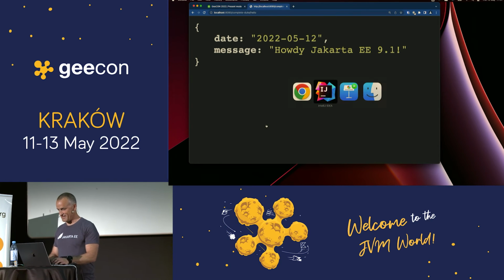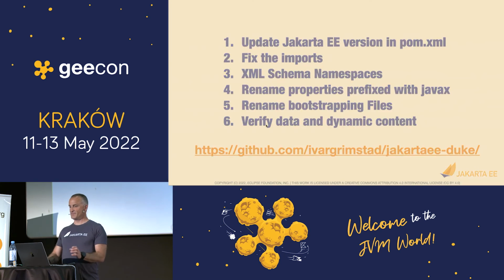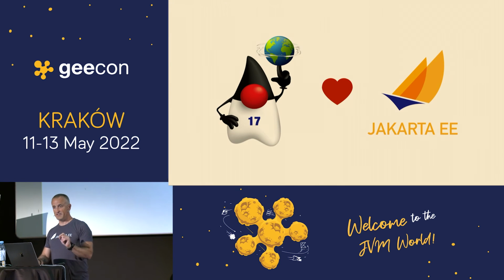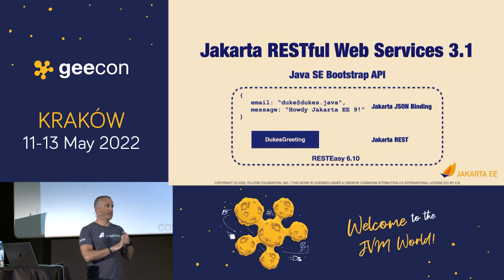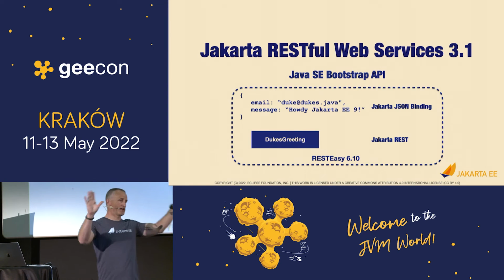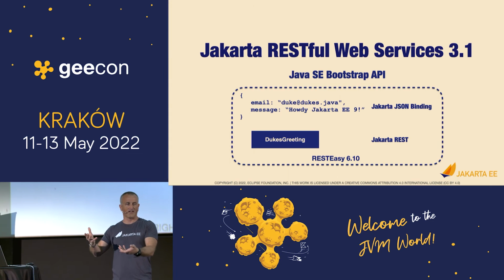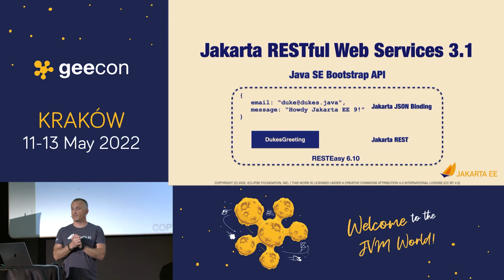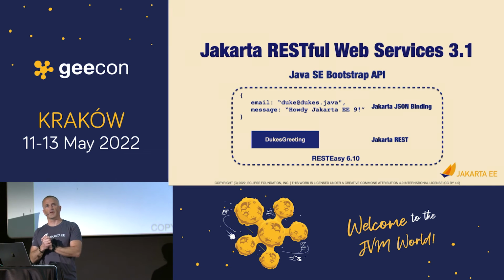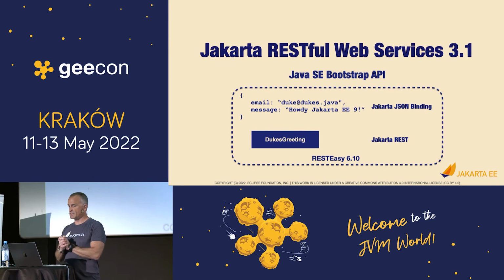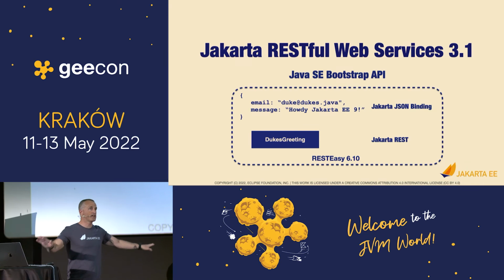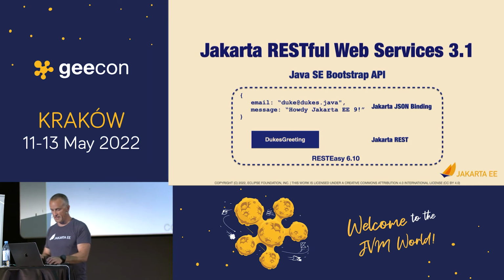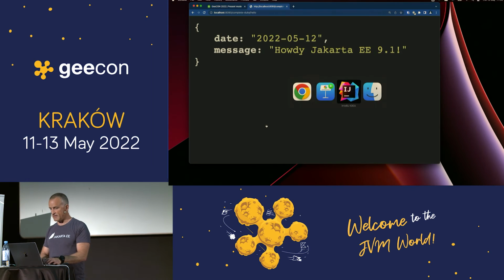Let's move on. So I showed you the 17 works. It has some quirks here and there, but you can do it. Let's also look at some Jakarta EE 10 features. So what I've done now is take my application, I've converted it to Jakarta EE 9, and I deployed it into a Jakarta EE 9 server. So let's look at this Java SE Bootstrap API in 10. And to do this, I have the same application, but I ditched the database. I'm just using the REST endpoint and a hard-coded greeting. So let's look at this code.